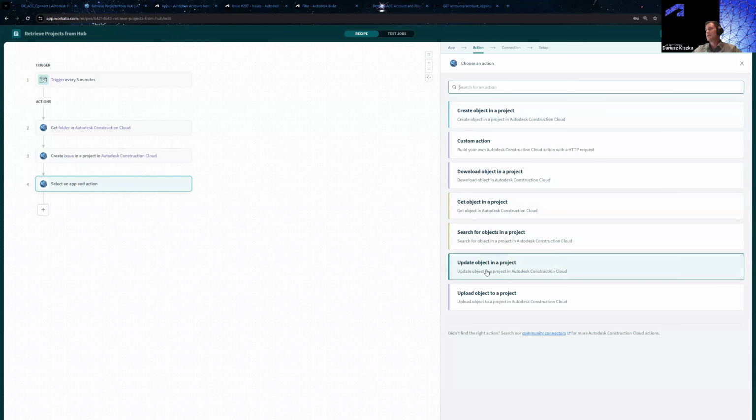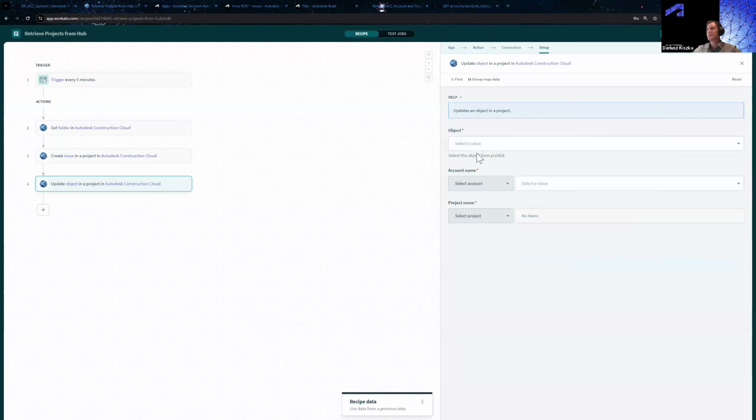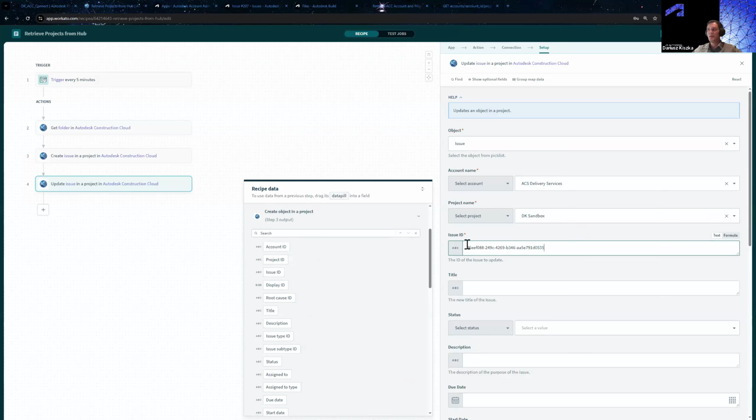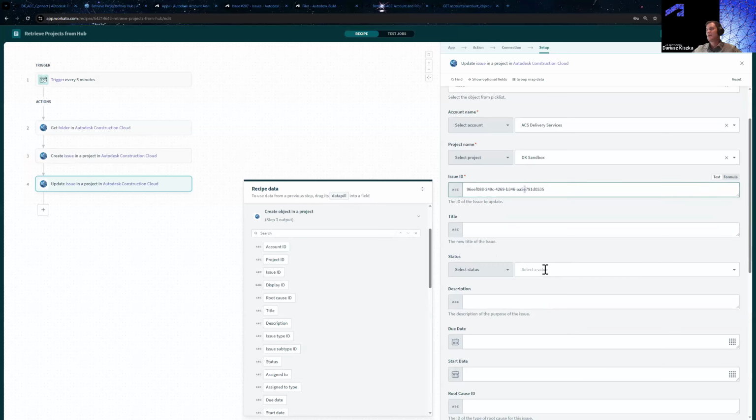In this case, it will be update the object in the project. And I want to update the issue. I'm selecting the account and project. In this case, to update the issue, I need to provide the issue ID. So I provided from the previous step and was created. And let's say that I will modify this issue from open to in review. If I save it and test the recipe,